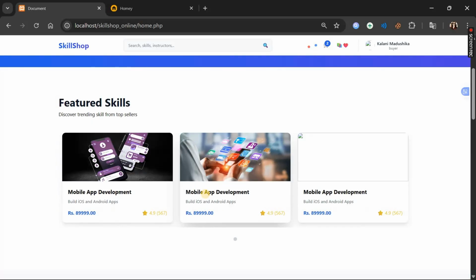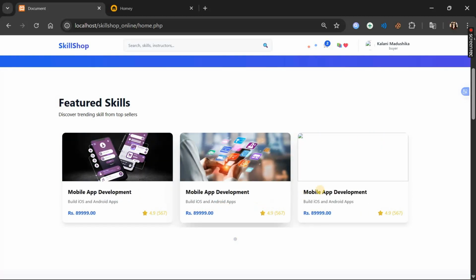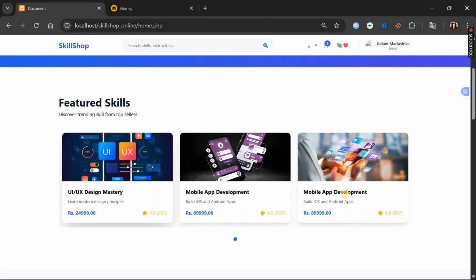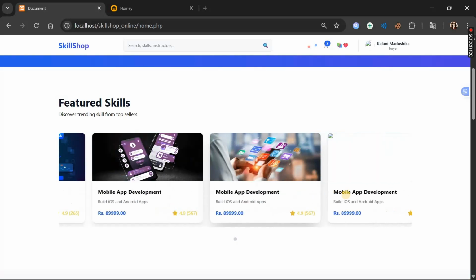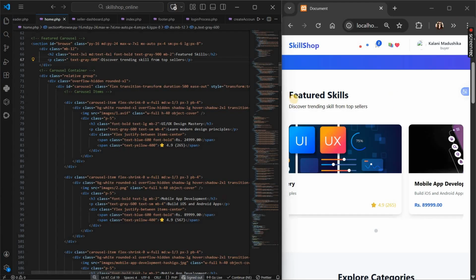Watch what happens when I click these navigation arrows. The transition is very smooth. It doesn't just jump, it slides. This is because we use CSS transitions. Now watch this. If I shrink the browser window to a mobile view, see, now it shows only one card